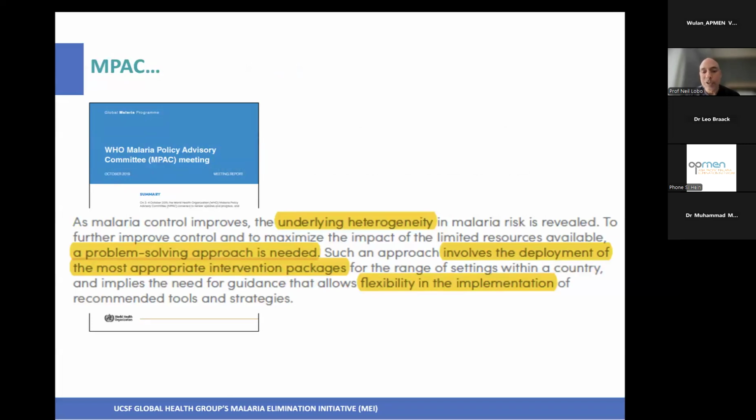So MPAC, which is the WHO Advisory Board, said, and here's for context, that there is underlying heterogeneity in malaria risk, right? And we need the problem-solving approach. We can't just have one system to apply to everyone. So how do we understand what is the most appropriate intervention or intervention packages for my country, for my area, for my study, right? How can we be flexible in implementation? How do we select this? And based on this, we developed the ESPT. How do we take this common global guidance and make it applicable to my site to answer what I need,